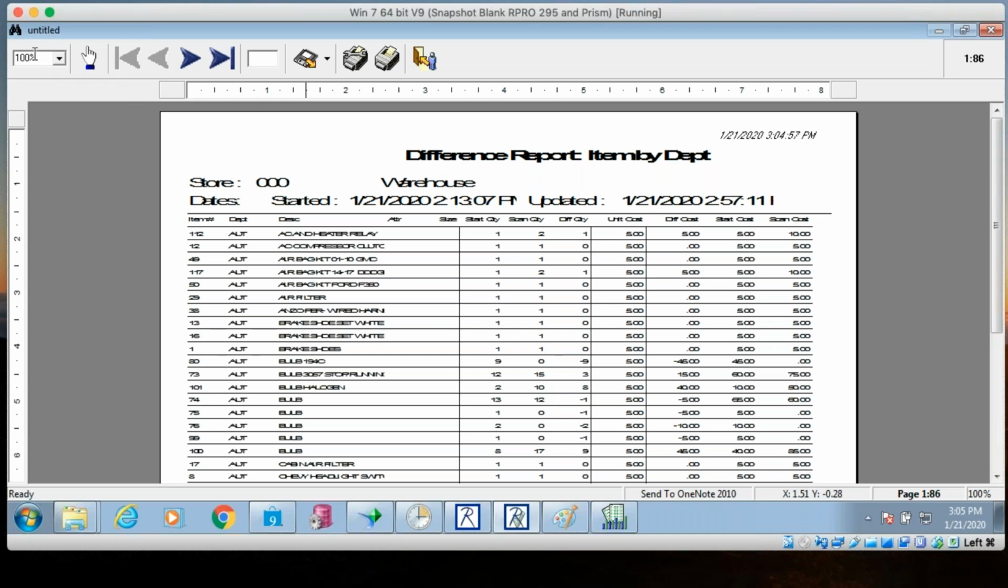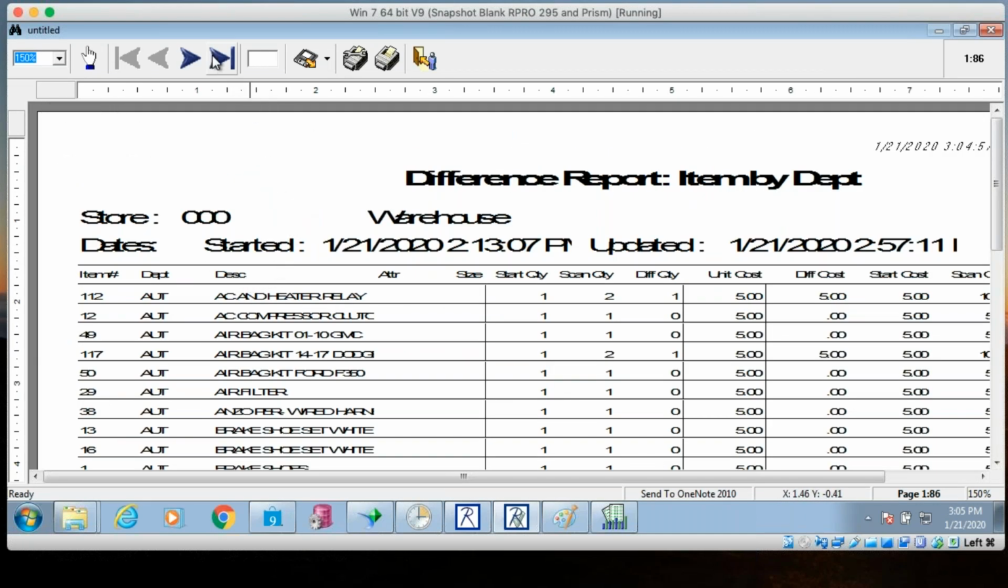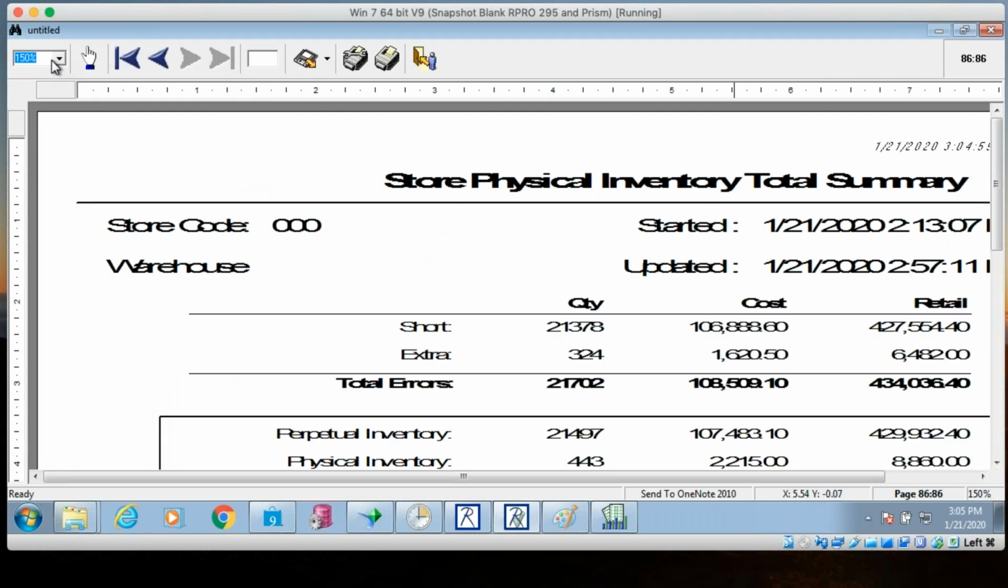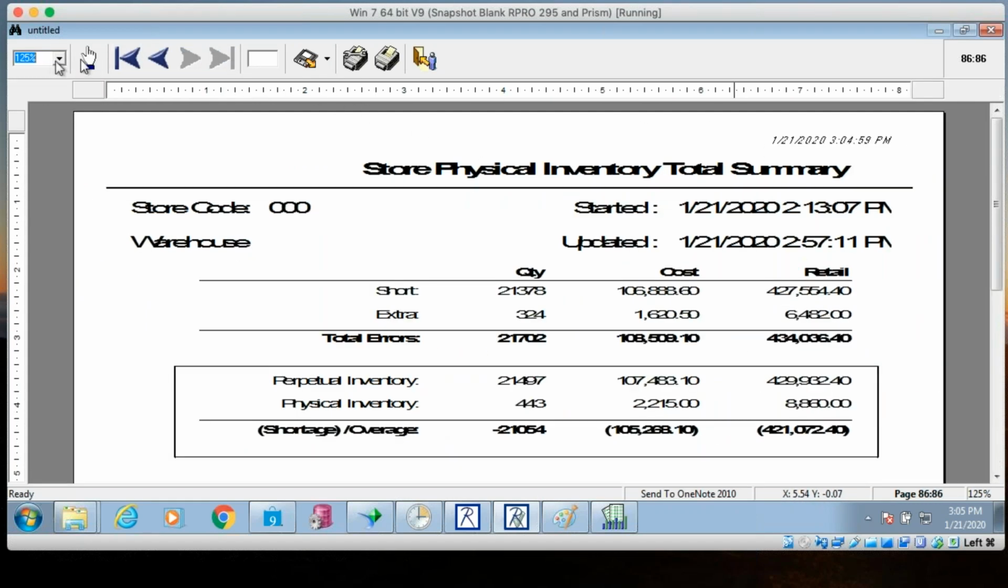Now, the important thing here for us to look at isn't so much the report. It looks pretty much like it did before. It breaks out by department code, right? But the last page, let's get to 125 here. It's probably better. All right. The last page does this little